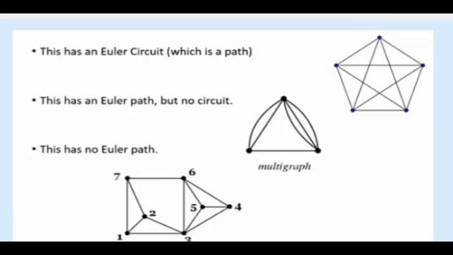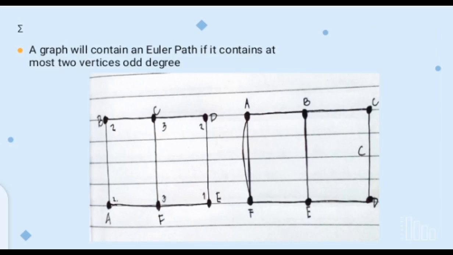In this multigraph, we have an Euler path but no Euler circuit. This vertex has degree 3, this vertex has degree 5, and this vertex has degree 4. You need to begin and end your path at the vertices with odd degree. And this third diagram has no Euler path at all because it has too many odd vertices. This graph does have an Euler path. The Euler path is C to D, D to E, E to F, F to C, C to B, B to